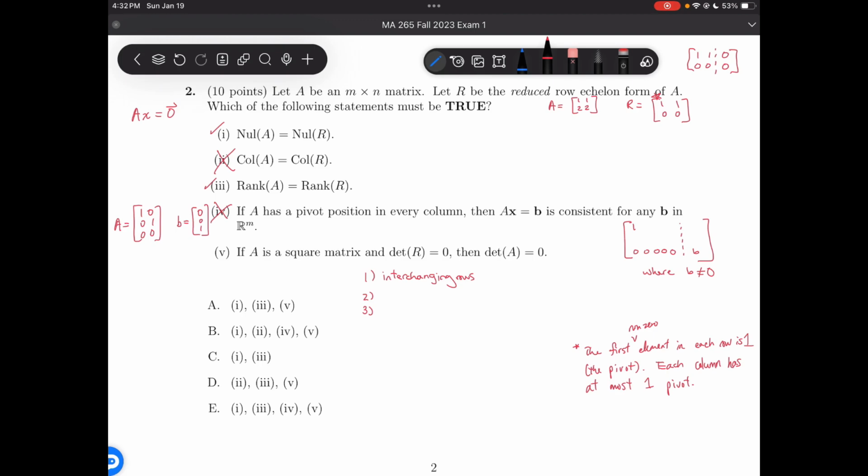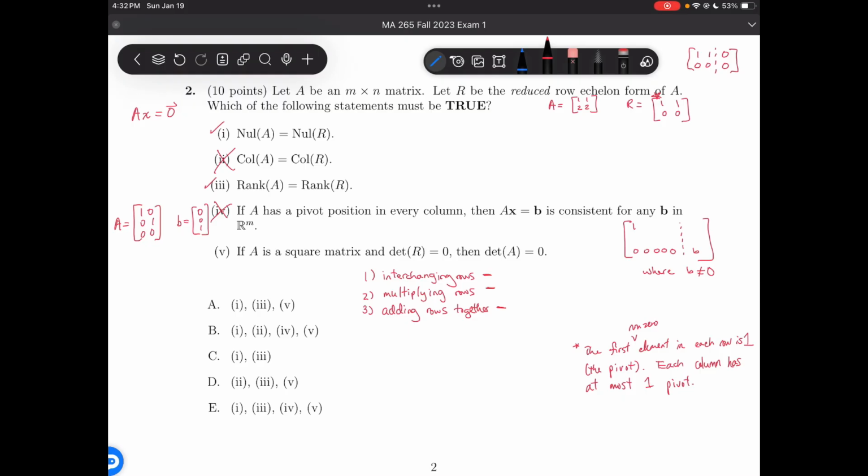Then the second operation is multiplying rows. The third operation is adding rows together. You can add them together, subtract them together. Okay, so for the first operation, the nice thing about all three of these operations is that when